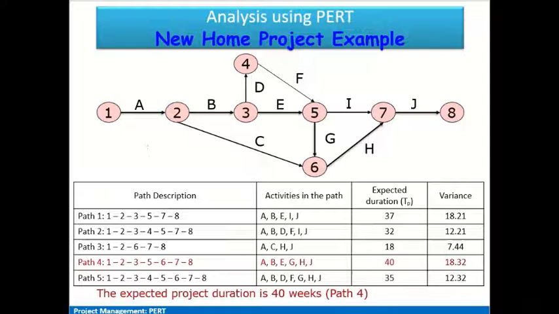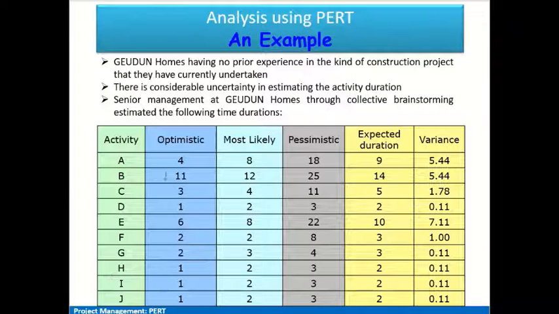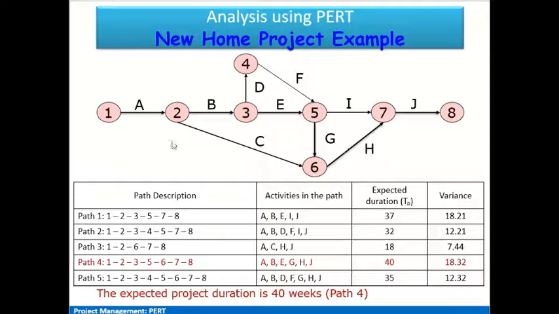So based on this activity list and the predecessor and successor activity list, we have constructed this network diagram, and from the start node to the end node, there are different paths available. Like we can progress through 1 2 3 4 5 7 and 8, or 1 2 3 5 7 and 8, or we can go to 1 2 6 7 8, or we can follow the path 1 2 3 4 5 and then 6 and 7 8. So multiple paths are possible from the first node to the last node. So various combinations of activities exist.